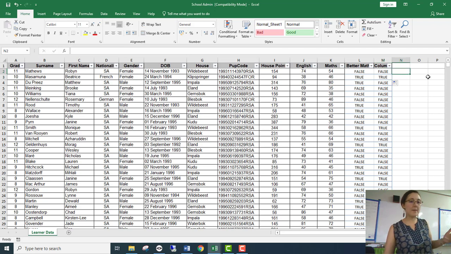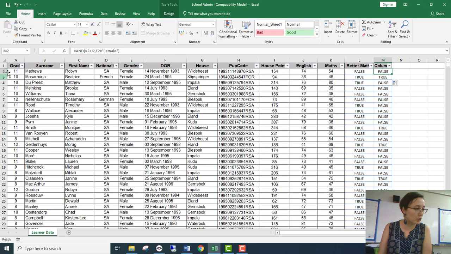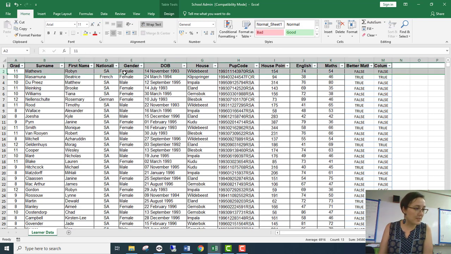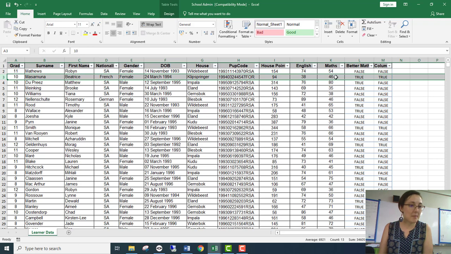And then I can do the same calculations to determine how many of those were female. The same thing applies for OR. It looks exactly the same. The only difference is it can pass either test before it will show me a true. So in this instance, if we look at the output, this person is female, but the math test is worse than the English test, so it returned a false. This person is female, and the math test is better than the English test, and that's why it returned a